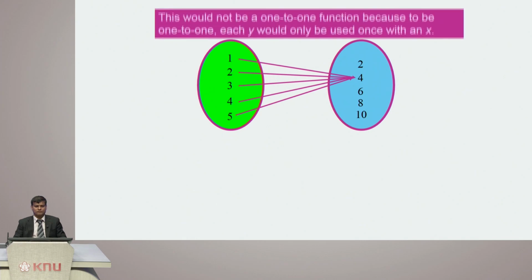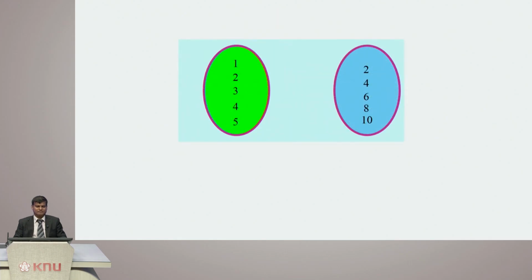How about this one? This would not be a one to one function because everything is being mapped to one element in X. They are not individually mapped to each of the other elements in the codomain. So here y would only be used once with X, just like